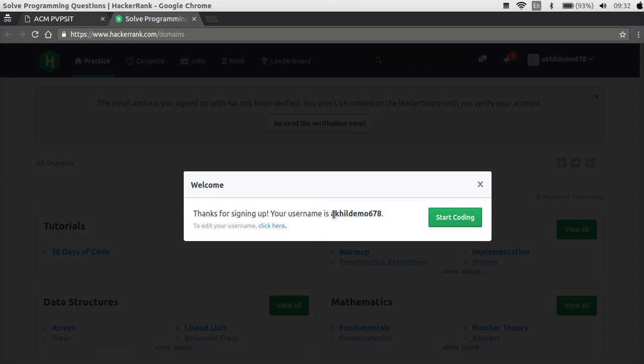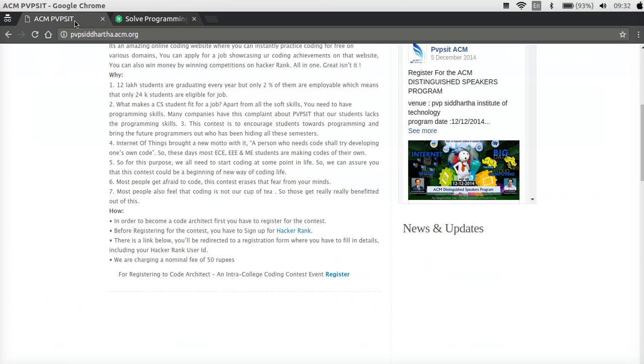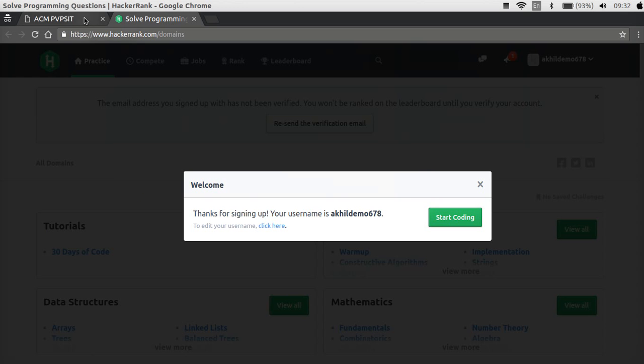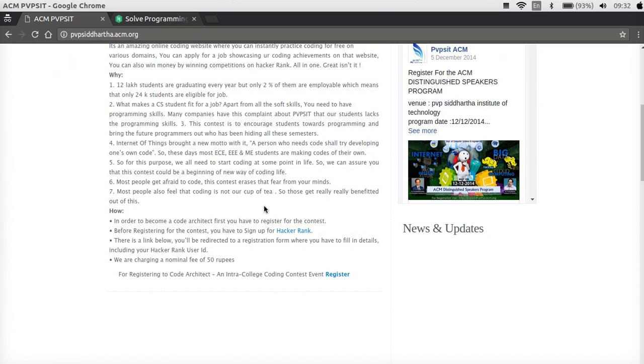So note this down somewhere on a piece of paper or in your minds, or just try to capture a snapshot of this and save it somewhere. Alright, guys, the very next step that you need to do is again re-navigate to our ACM PVPSID webpage and